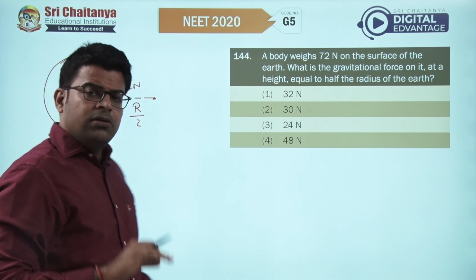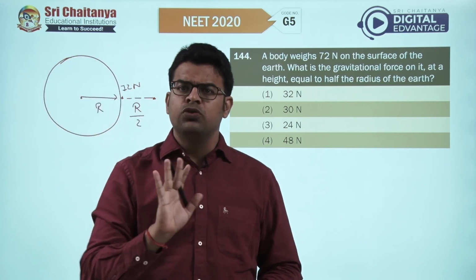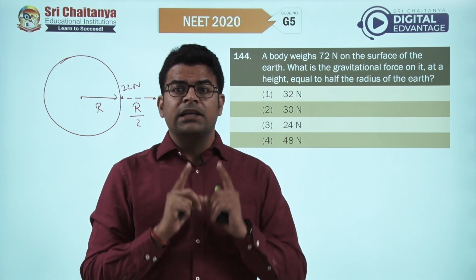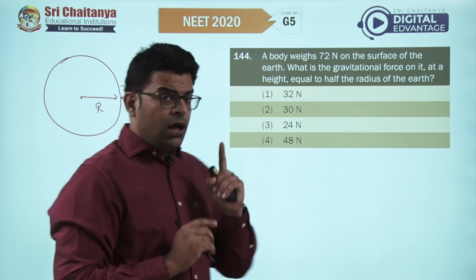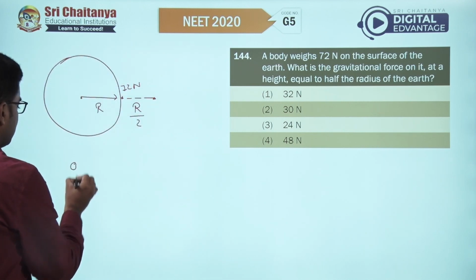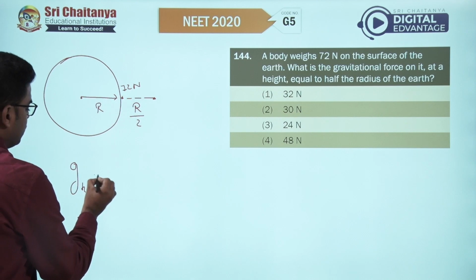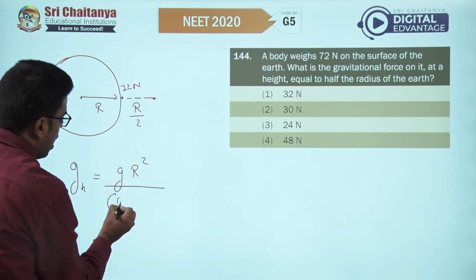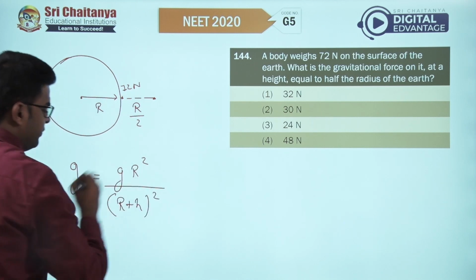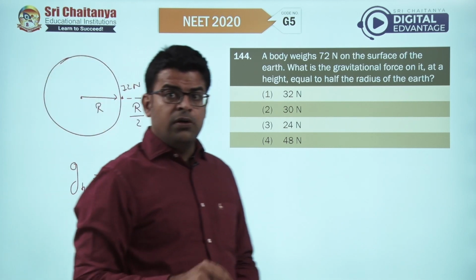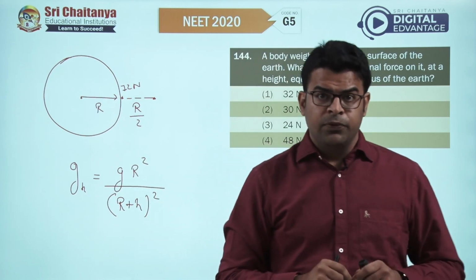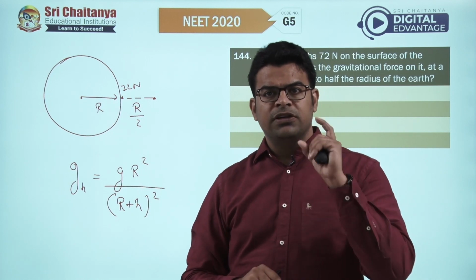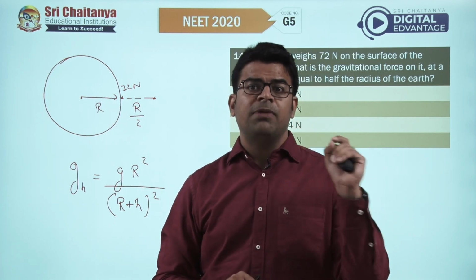body. Now, beta, on increasing the height, the mass does not change, the mass remains the same, but as we go away from the center of Earth, the acceleration due to gravity decreases. Now, we know that acceleration due to gravity at a height h above the surface of Earth is given as g r square upon r plus h whole square. This formula works for when h is comparable to r. For h less than r, we use that acceleration due to gravity at height h equals to acceleration due to gravity on the surface of Earth into 1 minus 2h by r.